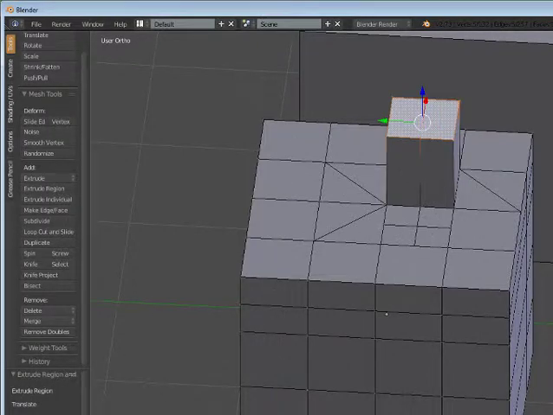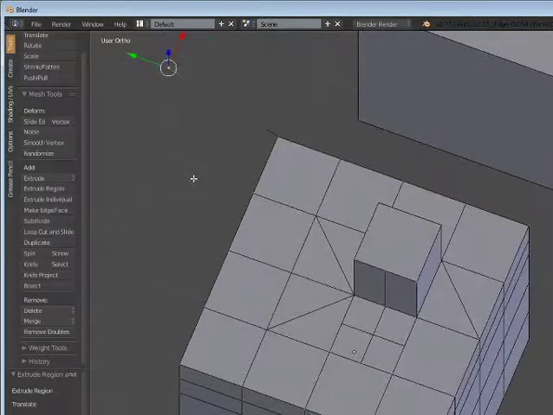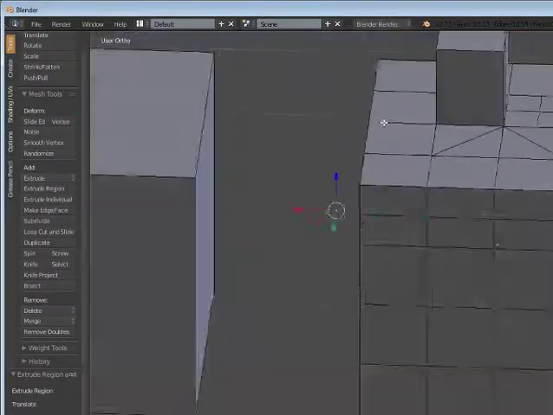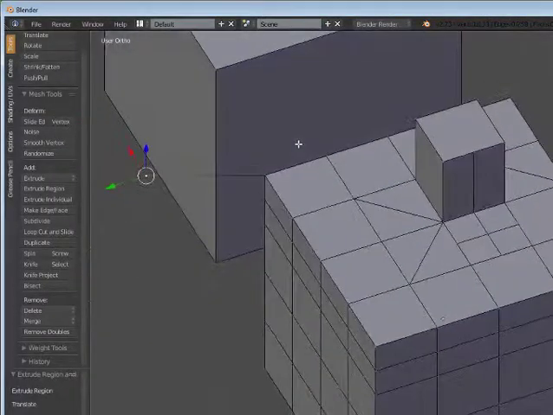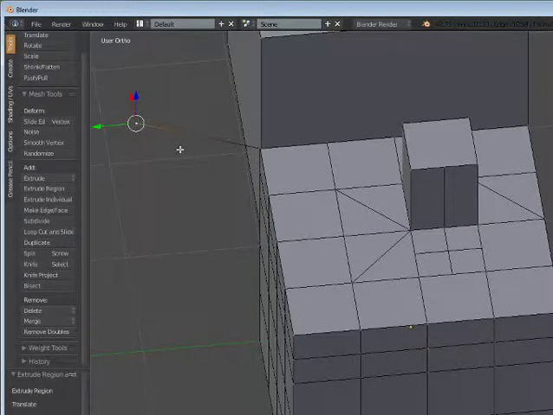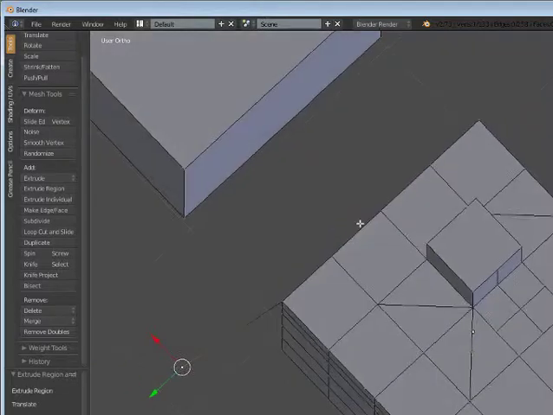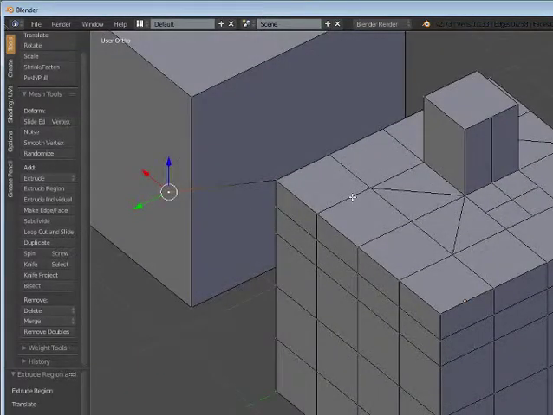Let's try it. Yeah, it just makes a free hanging edge, which is an interesting thing about Blender. You can have free hanging edges that don't have any faces attached to it. You got to be careful with those, because you may not notice them very easily. One thing I do like about Blender is if you have,